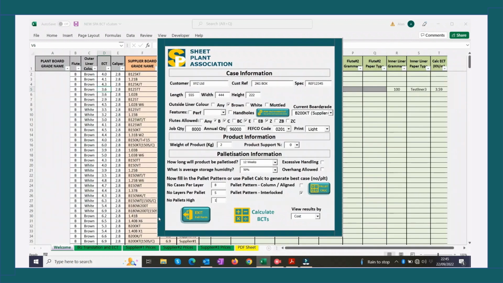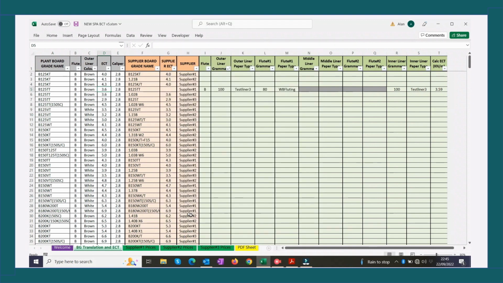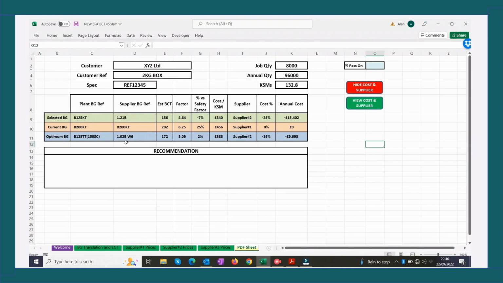And now I can exit out to get ready to go and look at the results. The results will be on the PDF sheet. And on the PDF sheet, I've got my current board grade. I've got the optimal board grade. And if I looked at that optimal board grade, it could save as much as